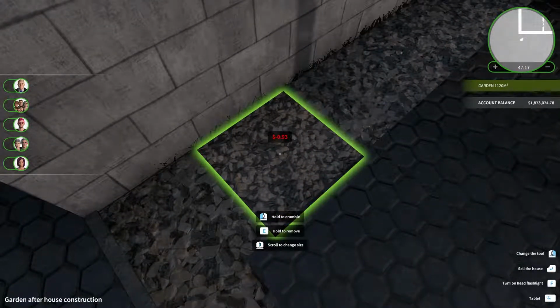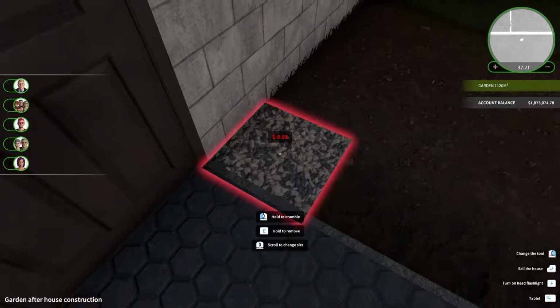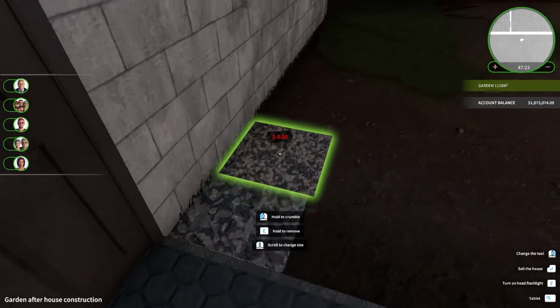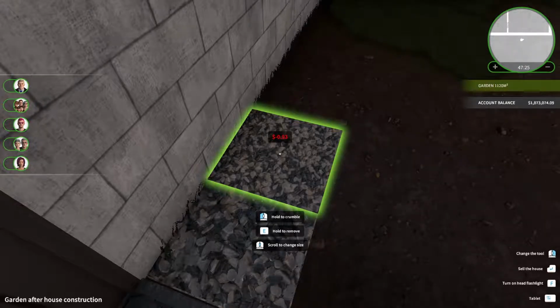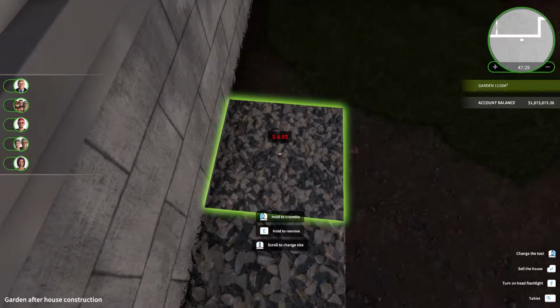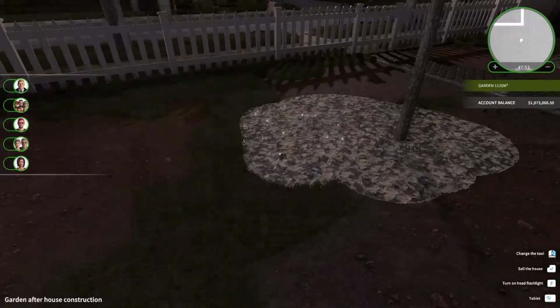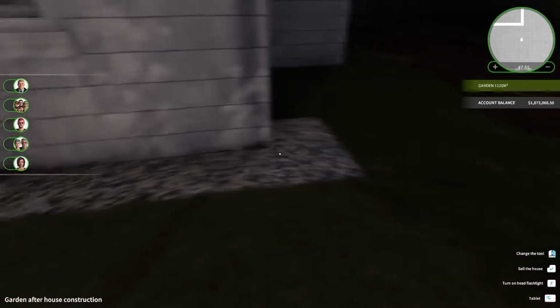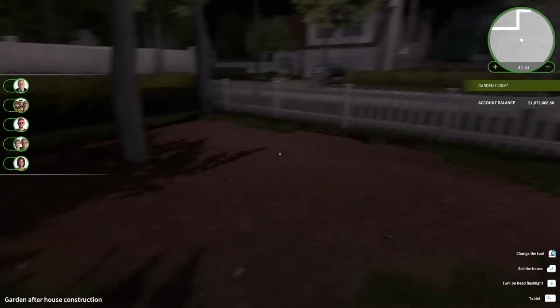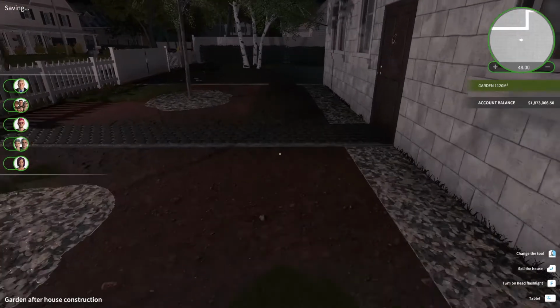To get the right size, we'll do that. And stamp very carefully the garden on the other half. So I've got the garden set up. Next,